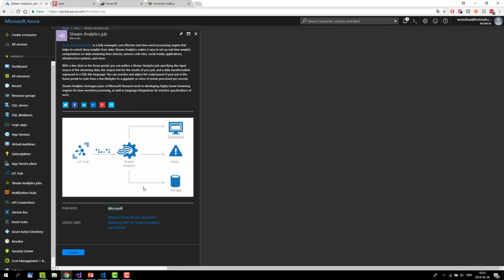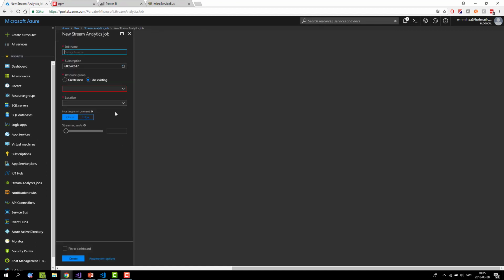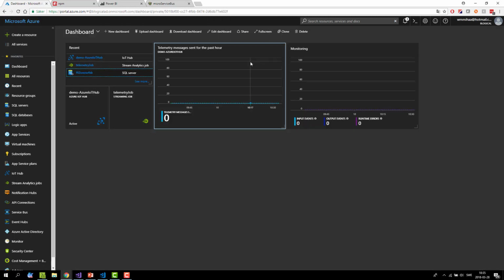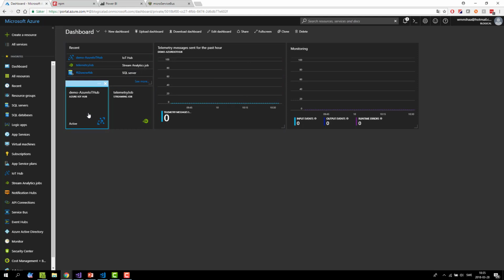Stream Analytics job, click create, give it a name, assign it a resource group, and select the location. And you can set the streaming units later on. You can pin it to the dashboard, and you can click create. Now, as I said, I've already created these resources. So if we come into my IoT Hub,